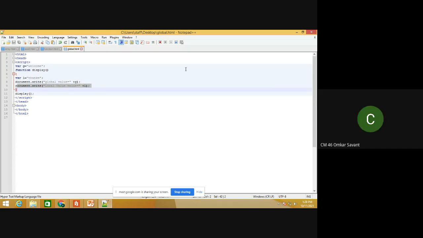So the variable L will be usable only inside the function, and G will be used overall in all code. I have declared the global variable outside the function and the local variable inside the function, and I have printed both. Then we are getting both values over here, the global variable's value and the local variable's value also.